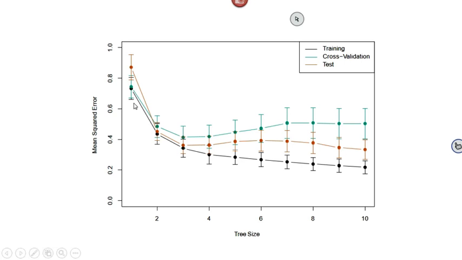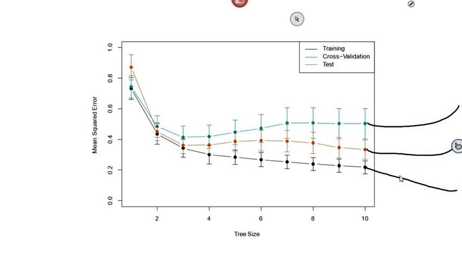So we all know that the training error will keep going down with the increase of the size of the tree. If we extend this, it's going to keep going down. And for the validation and testing, you will start to see that at some point they will go up, because that's where we lose the generalizability of the model.